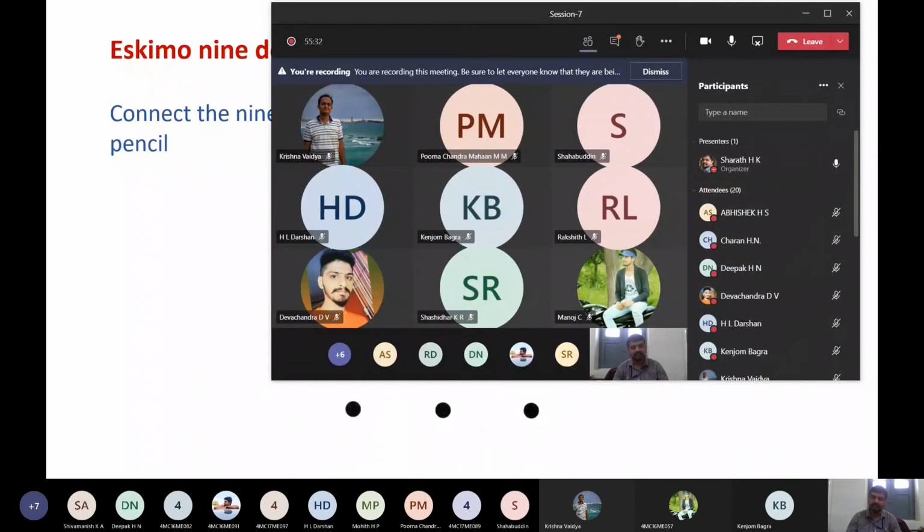23rd, you have internals. For internals, unit 1 and unit 2 is the syllabus. I will share the study material of unit 1. I will upload it to Microsoft Teams, and also share it on the WhatsApp group. So you can start preparing for unit 1. Later, after completion of unit 2, I will share the study material of unit 2 also. And since these are open book questions, you can go through the material and anything.